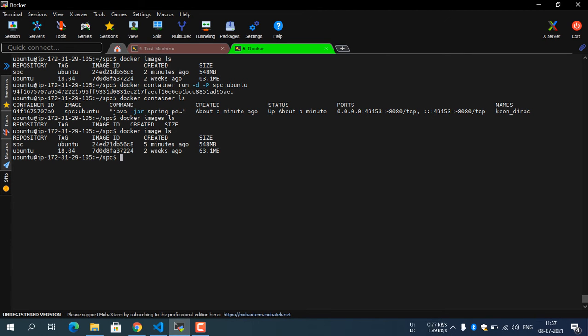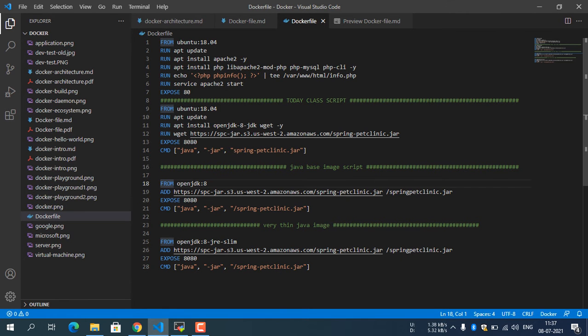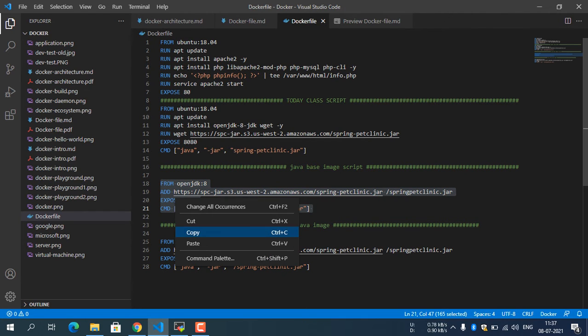Yeah, you can see the size. It is 548 MB. In order to reduce this size, we have to reduce the Docker file. If you reduce the content in the Docker file, then automatically the size of the Docker image will decrease.